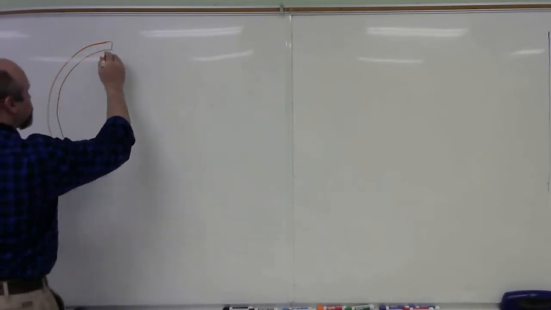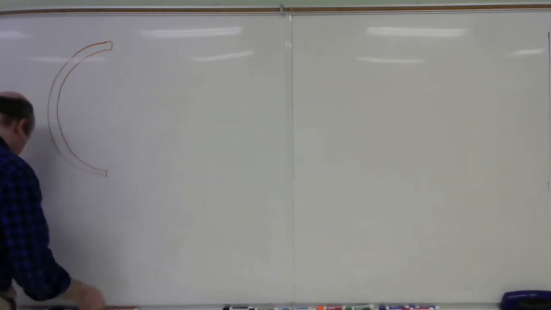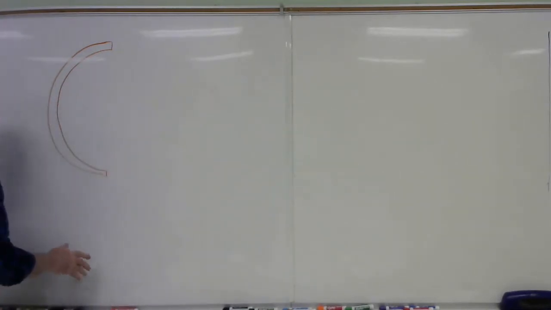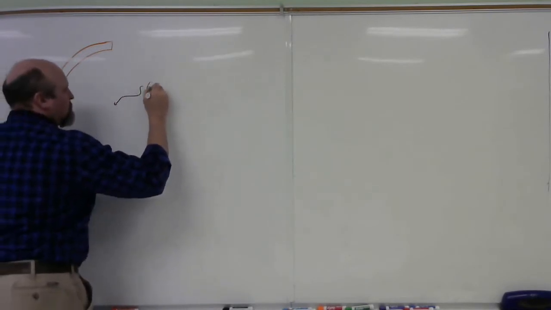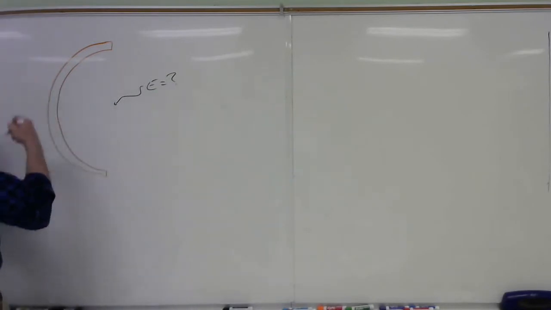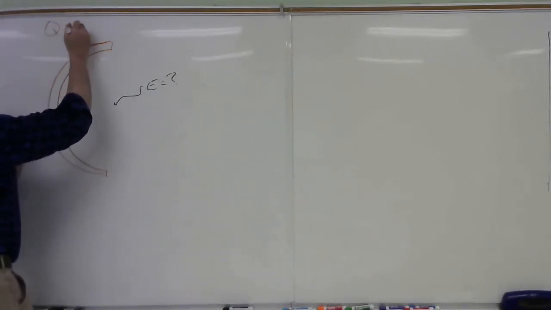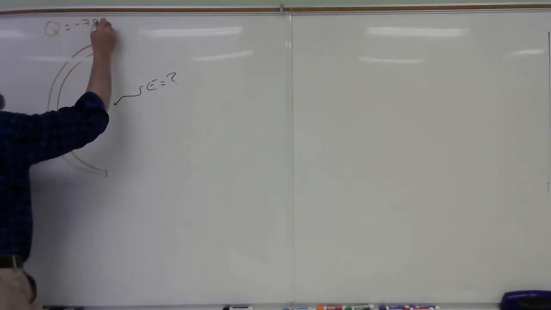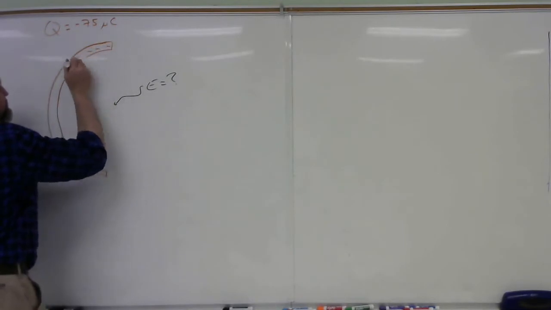Okay, and we're trying to find the E field strength there at what would be the center of the ring if it was bent into a whole ring. So right there, we're asking, how big is the E field? Now they told us the total charge on the semicircle, the rod before it was bent, is negative 75 microcoulombs. So this is negatively charged